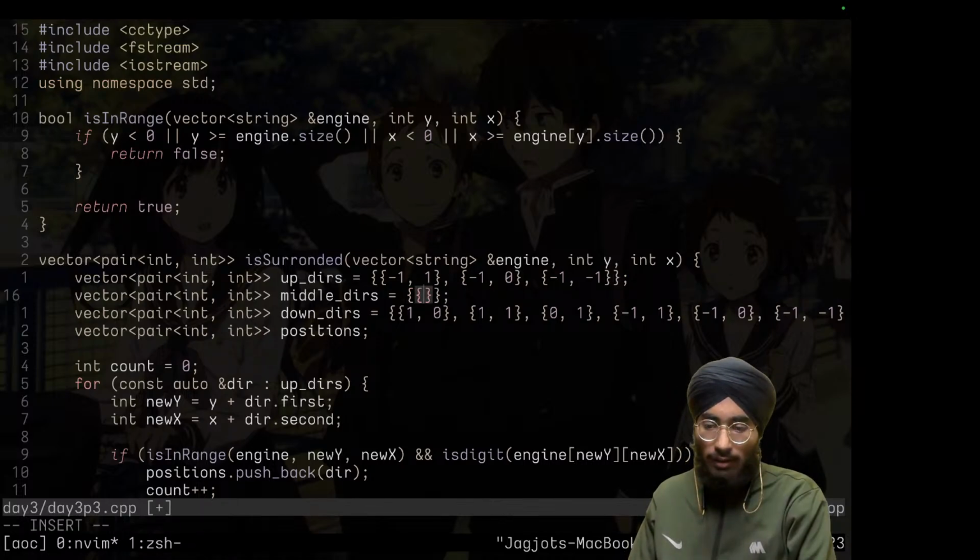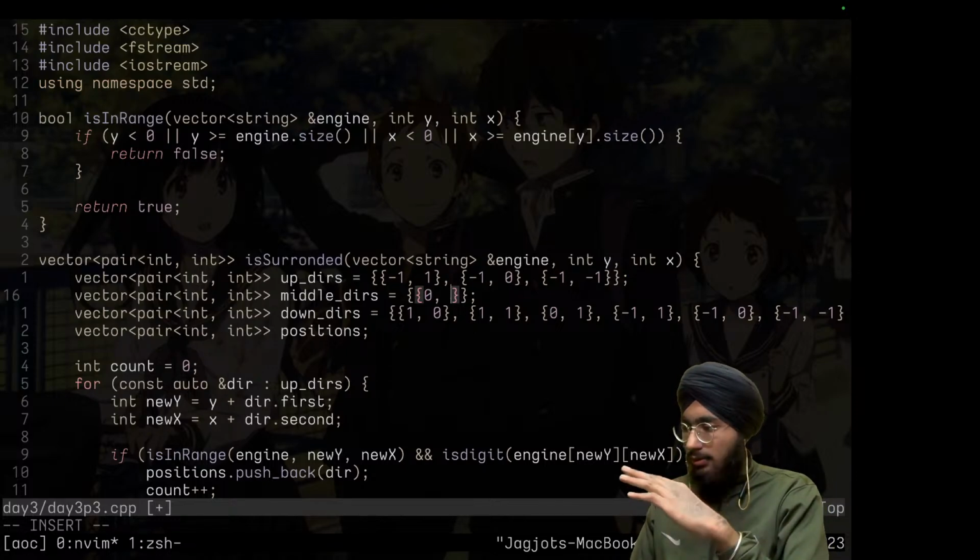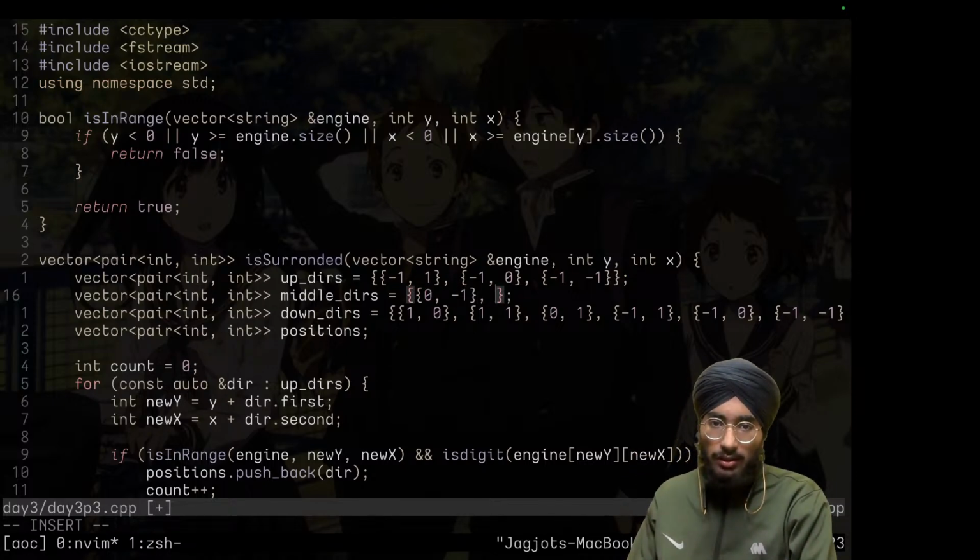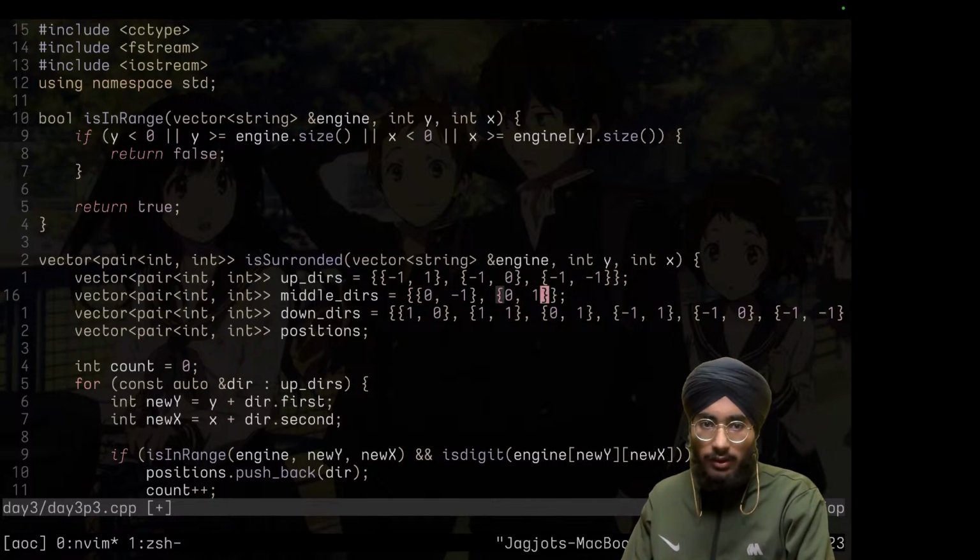And the middle ones, y is gonna be the same. The left one, it doesn't matter, and the right one,